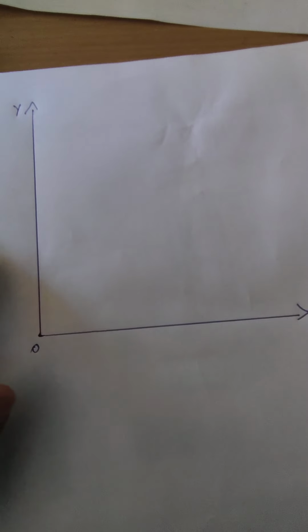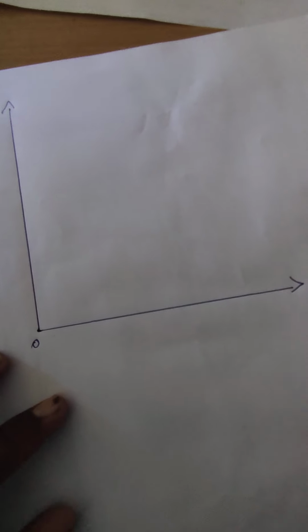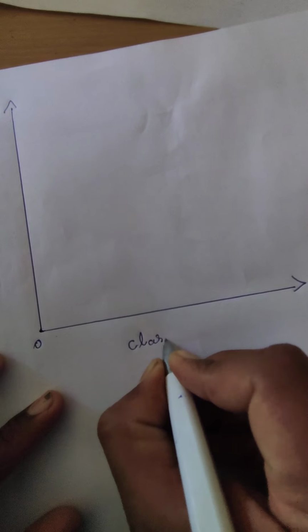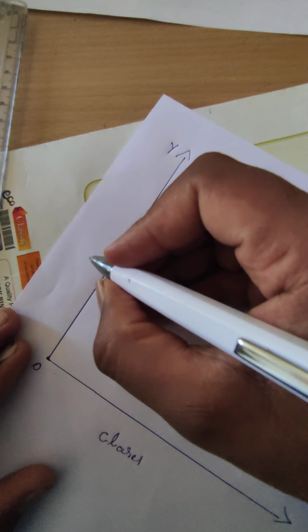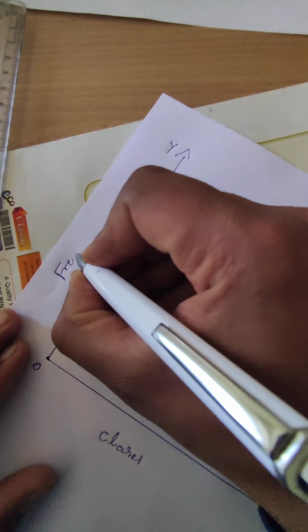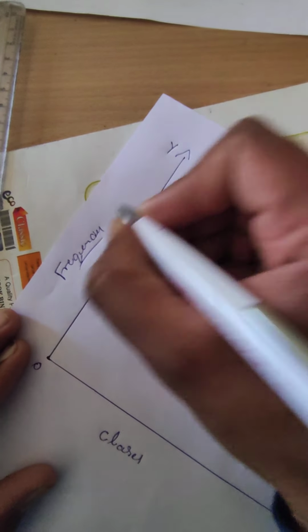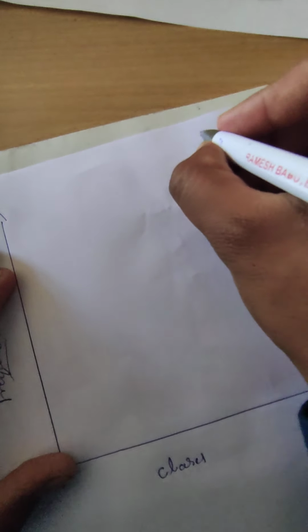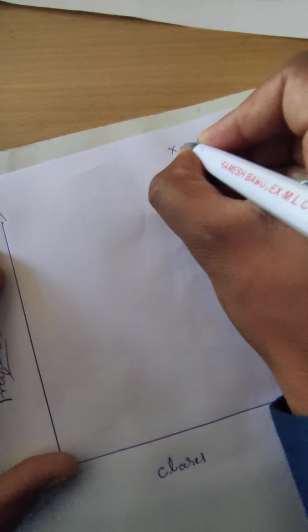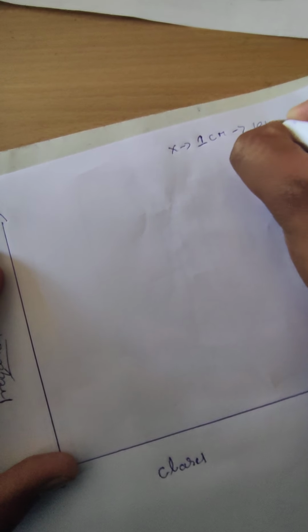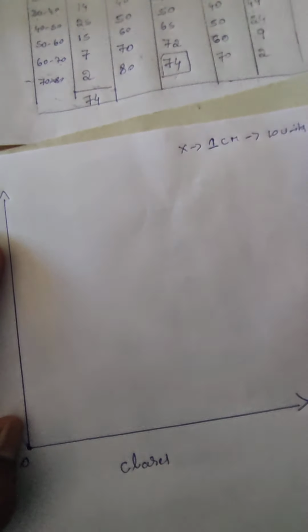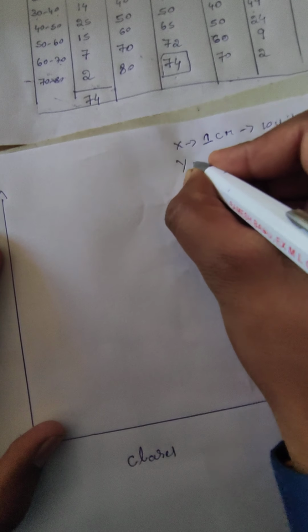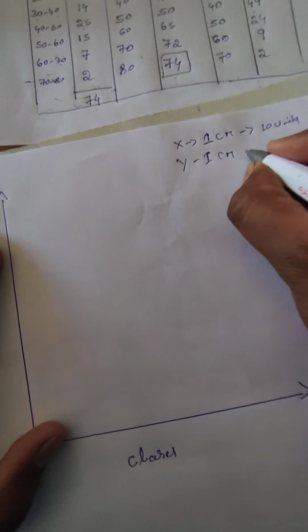This is called x axis, this is called y axis. X axis considering classes, y axis considering frequencies. Okay, so on the x axis, 1 centimeter, I will take 10 units. In the y axis also, I will take 1 centimeter is equal to 10 units,